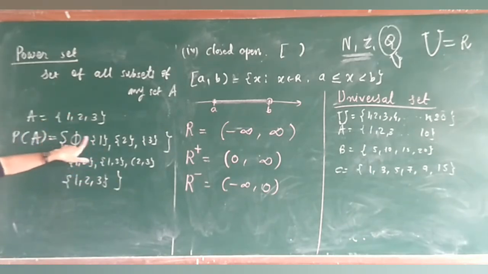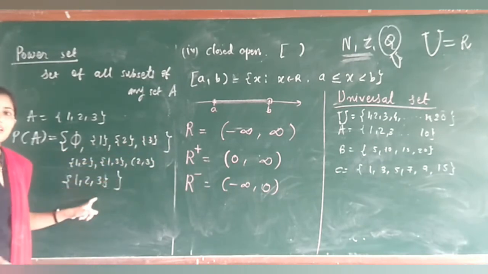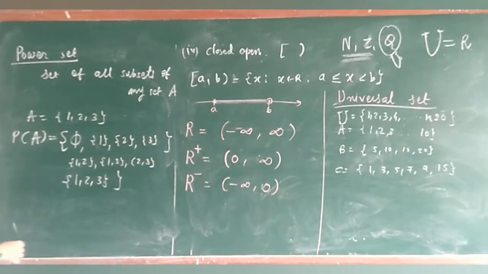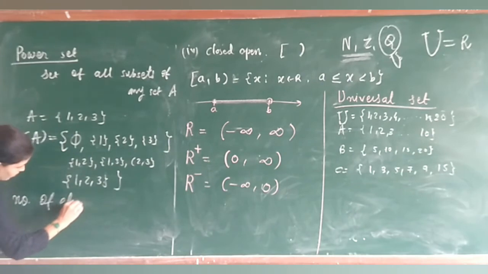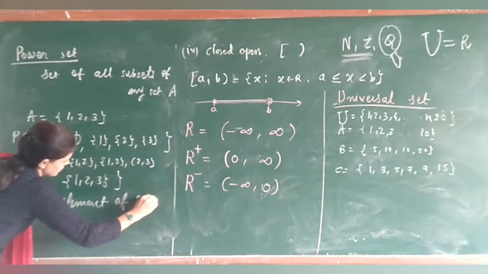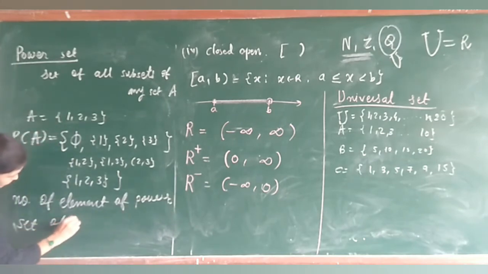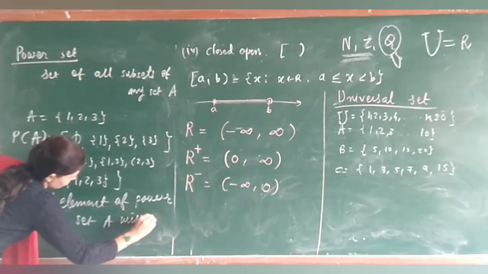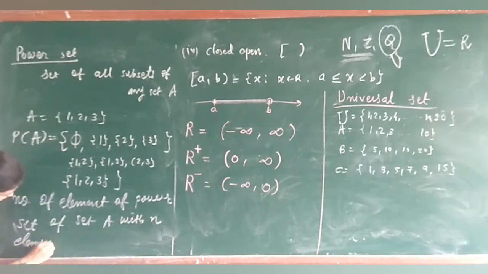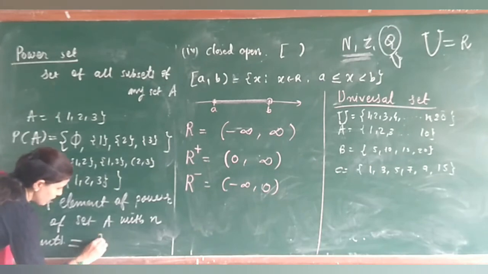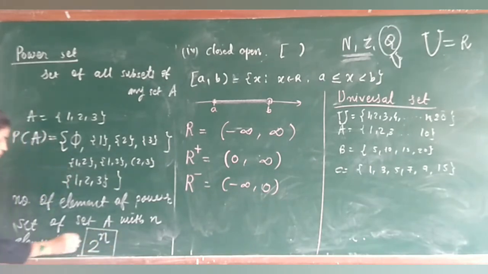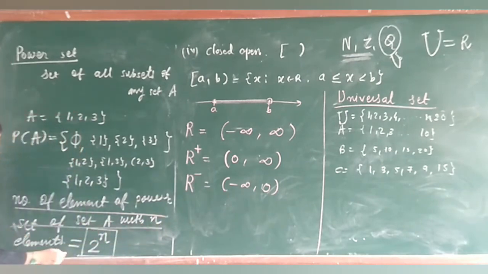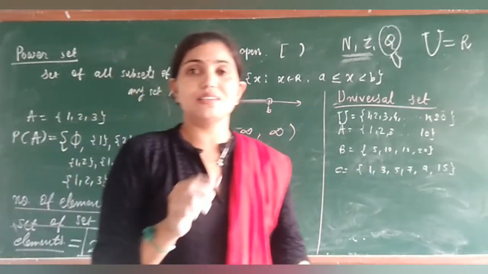कितने एलिमेंट है जरा काउंट कीजिए 1 2 3 4 5 6 7 एंड 8. तो ये भी आपके पास प्रॉपर फॉर्मूला है. दैट इज द नंबर ऑफ एलिमेंट of power set of set A with n elements. मतलब कि अगर आपके पास सेट A के अंदर n एलिमेंट है, then you can directly write down the number of the elements in the power set will be 2 raised to n. तो ये आपको याद रखना है कि number of elements of the power set is 2 raised to n, where n is the number of elements of the set A. So this is the thing we have to do, students.